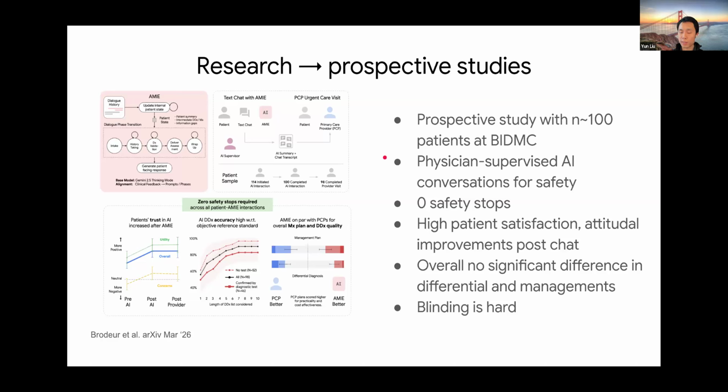All of the chats were supervised in real time by a physician who was on a video call at the same time as the patient using the AI. One of the primary things we were monitoring is whether the supervising physicians felt there was a need to stop the conversation at all. Fortunately, there were zero safety stops. This is another instance where zero is an indicator that the rate is probably very low, not that it is truly zero, because this was after all 100 patients. When the estimate is zero, it's really hard to create a confidence interval. But what we did observe was that there were no issues with safety in this particular study.